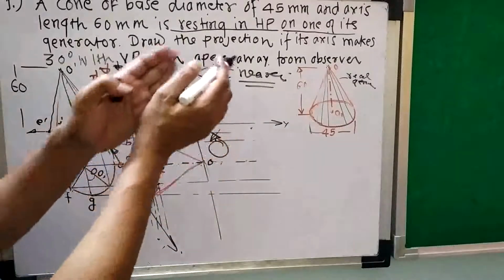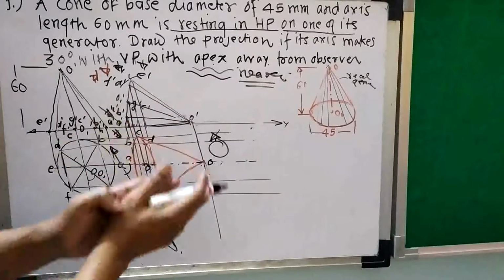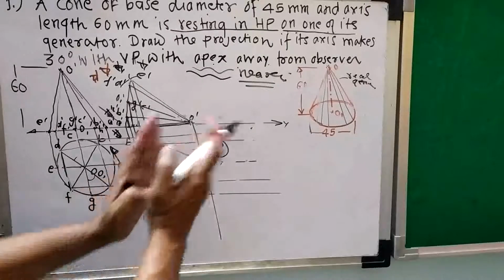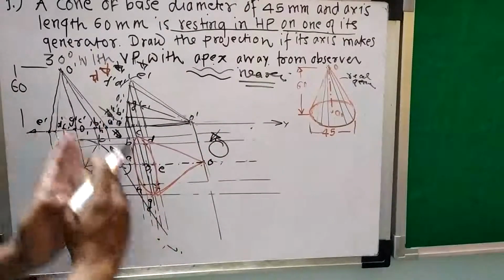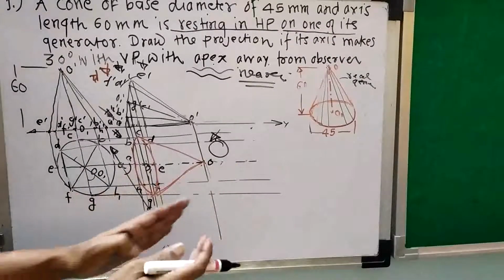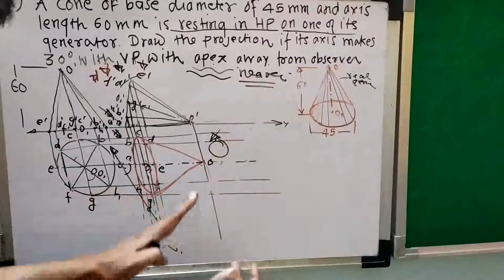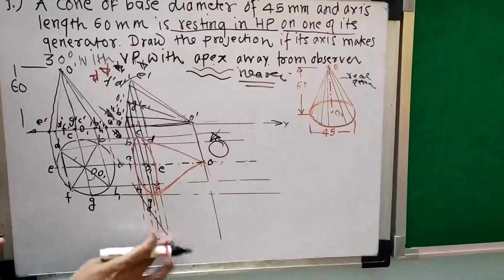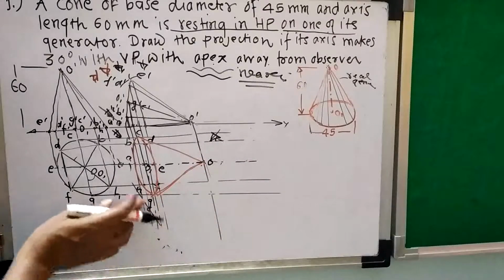So the condition away from the observer and nearer to the observer forces you to take the inclination either on the left side or the right hand side. In this case, if you take the inclination on the left side, it makes the nearer condition, and if you take the right hand side inclination instead of left, it makes away from the observer. In this problem I want away from the observer, so I will take the inclination on this side. So I think you have cleared your doubt.